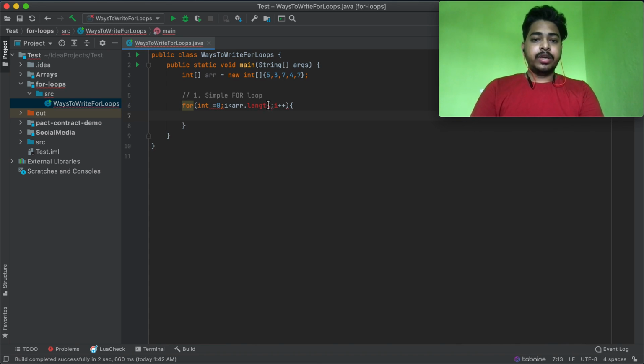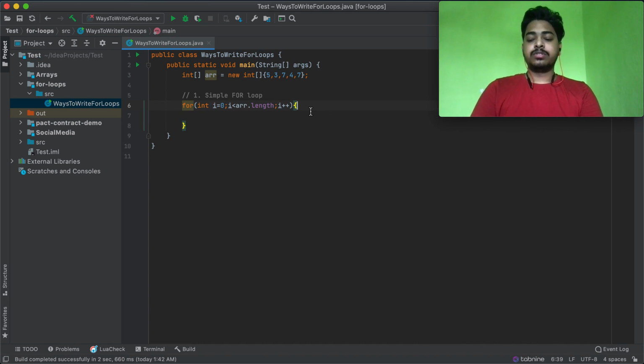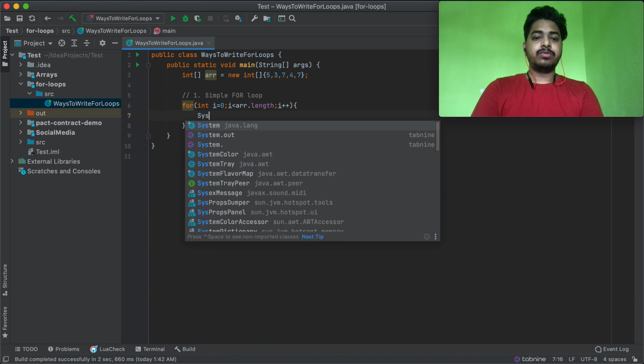Okay, so I have this, but I don't know why I'm getting this error. What is cannot resolve length? Why? Okay, interesting. Let me see why it is giving this. Okay, I forgot to write i, and now it's resolved. So how will we print it? We need to print